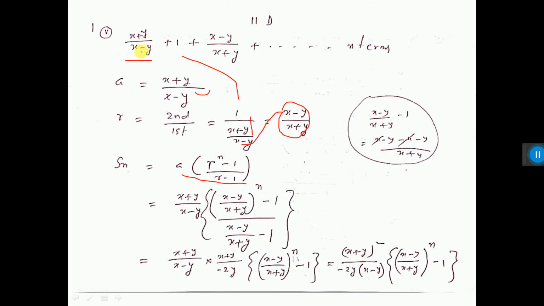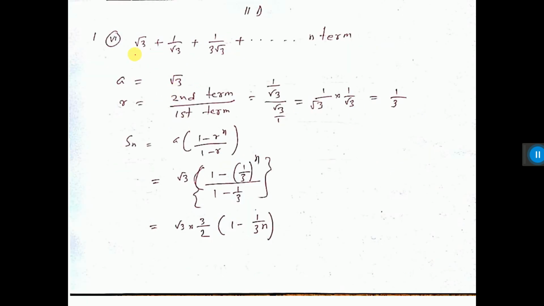But I have not considered that, because they have not told that x and y are positive. So y can be negative, x can be positive. In that situation we have to use this formula. So if you use a into r to the power n minus 1 by r minus 1, put the values and get the answer. Now the question is that in the book the minus sign is not there, the plus sign is there, and here it is 1 minus r to the power n. So if you multiply 1 inside, then it will match the book's answer. 1 minus this, minus multiplied, then 1 minus this to the power n.